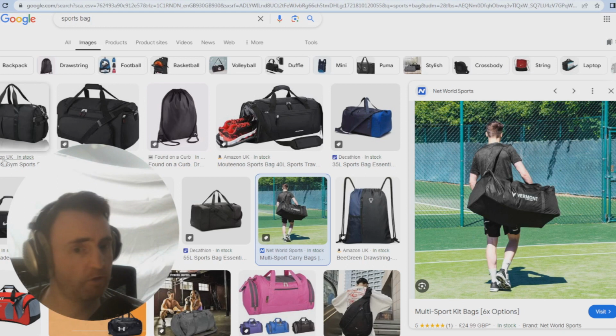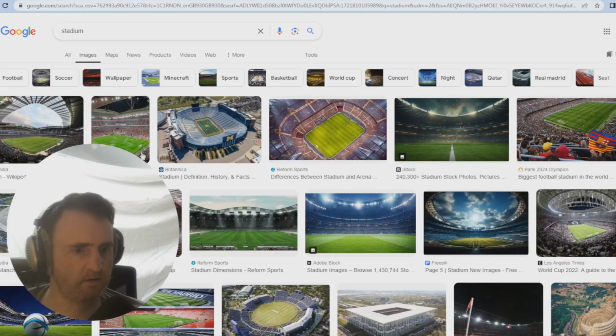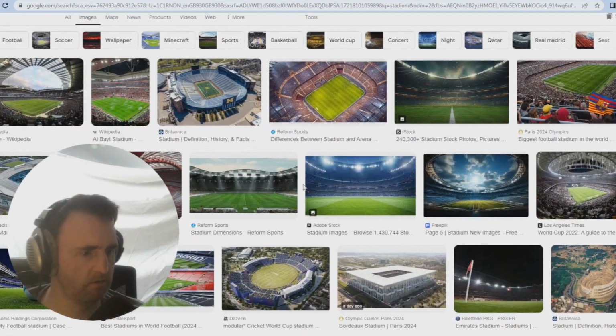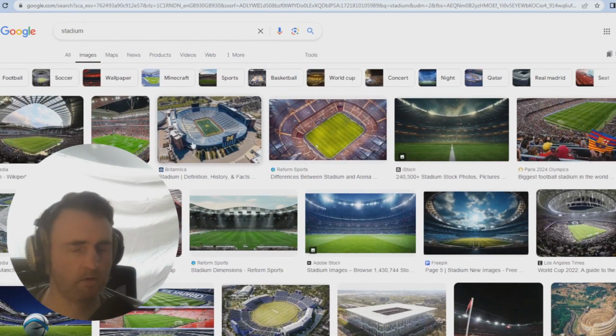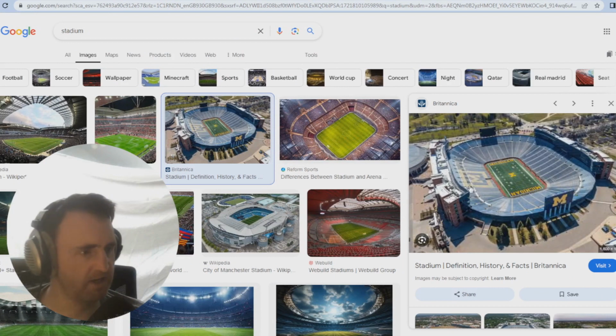Now if you're not playing, probably means you're watching sports. And you might do this in the stadium. So you go and you watch. You buy a ticket, you sit there and you cheer. It's really good fun actually.